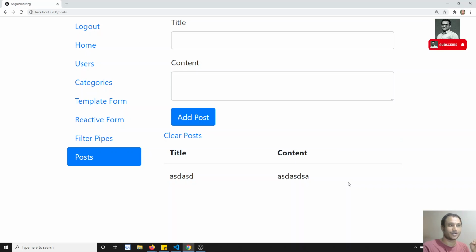In the next video, we will see what happens when the token expires. Everything is fine when the token is with us, but when the token expires, we need to forcibly log out the user to the logout page, so that we ask him to log in again. We will be doing that in the next video.